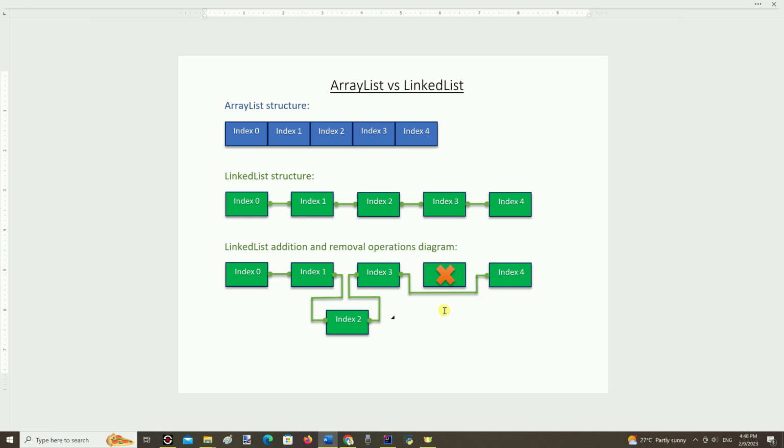So the main point is, linked list is faster for addition or removal operations, and array list is faster for storing and accessing the data that needs to be stored.